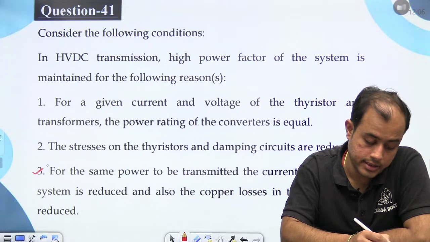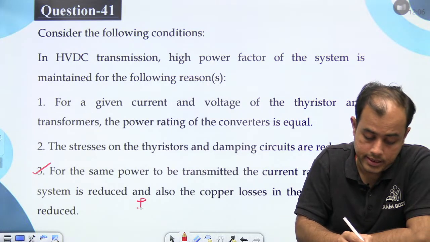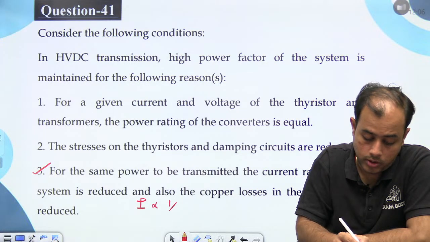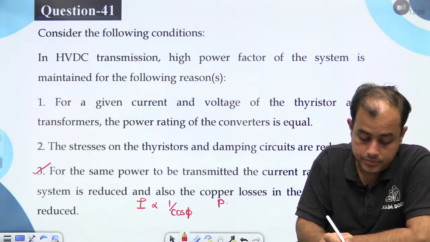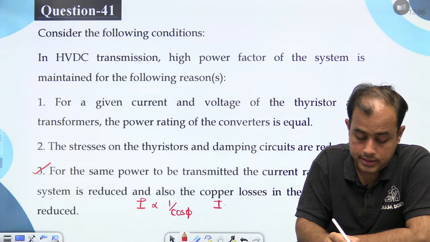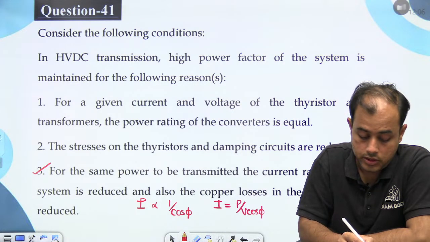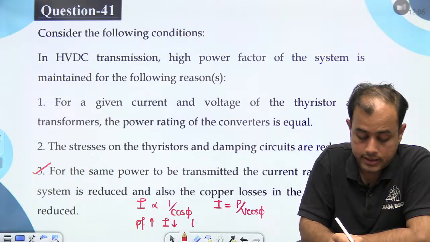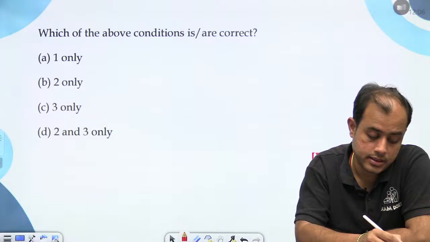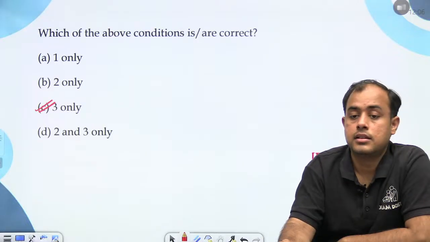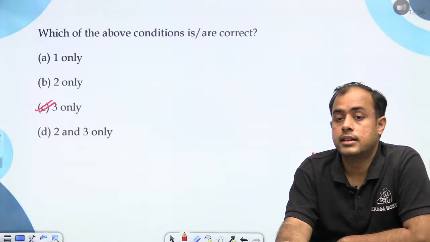ये तो सही बात है, because current is proportional to 1/cos φ. Current is P/(V cos φ). So if power factor is high, current decreases, loss decreases। 3 ओनली वाला है क्या? मेरे हिसाब से इसका 3 ओनली होना चाहिए यार। ठीक है, इसका 3 ओनली आना चाहिए।